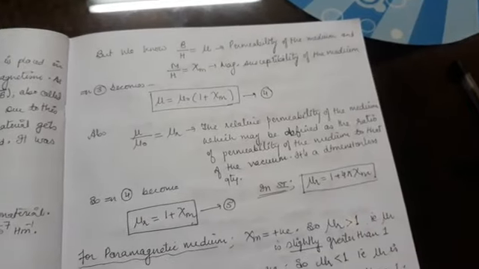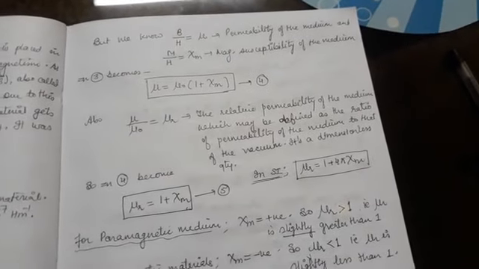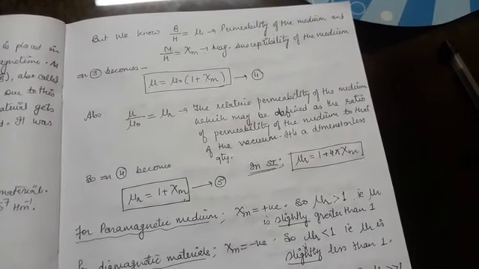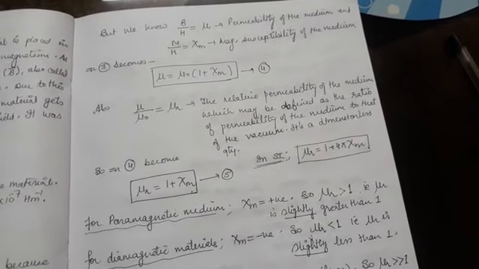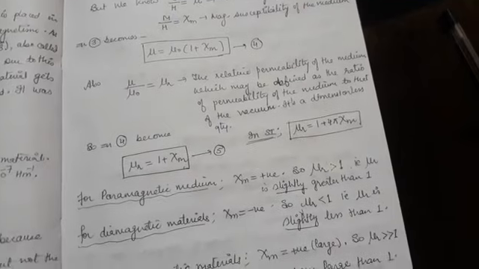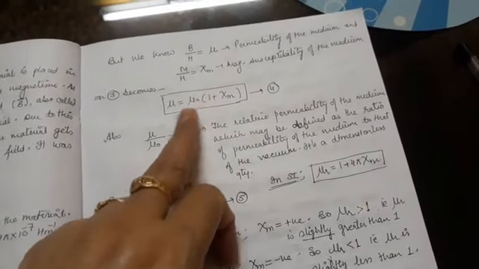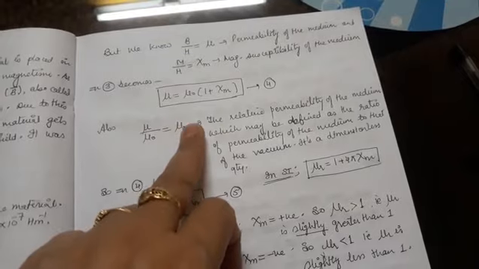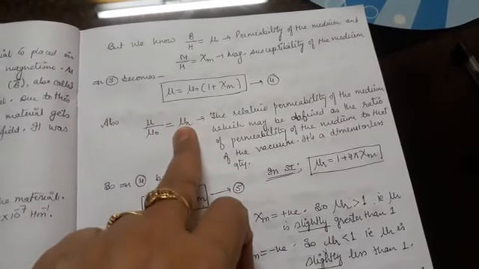Now what is B upon H over here? It is known as the magnetic permeability of the medium, mu. And what is M upon H? It is the magnetic susceptibility, chi m. So using these values in equation number 3, I'll get my equation number 4. Now dear students, if I divide by mu naught on the left hand side, mu upon mu naught, I'll get mu r, which is known to be relative permeability.